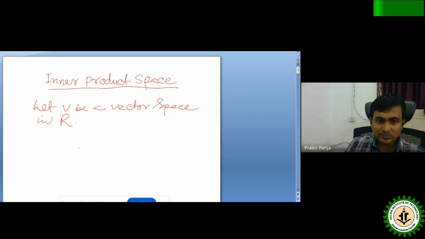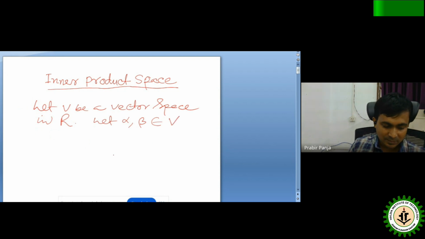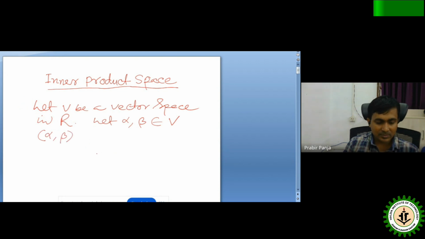Now let alpha, beta be two vectors in the vector space. If we define a multiplication rule between the two vectors alpha, beta, then under this multiplication rule, V will be a real inner product space if